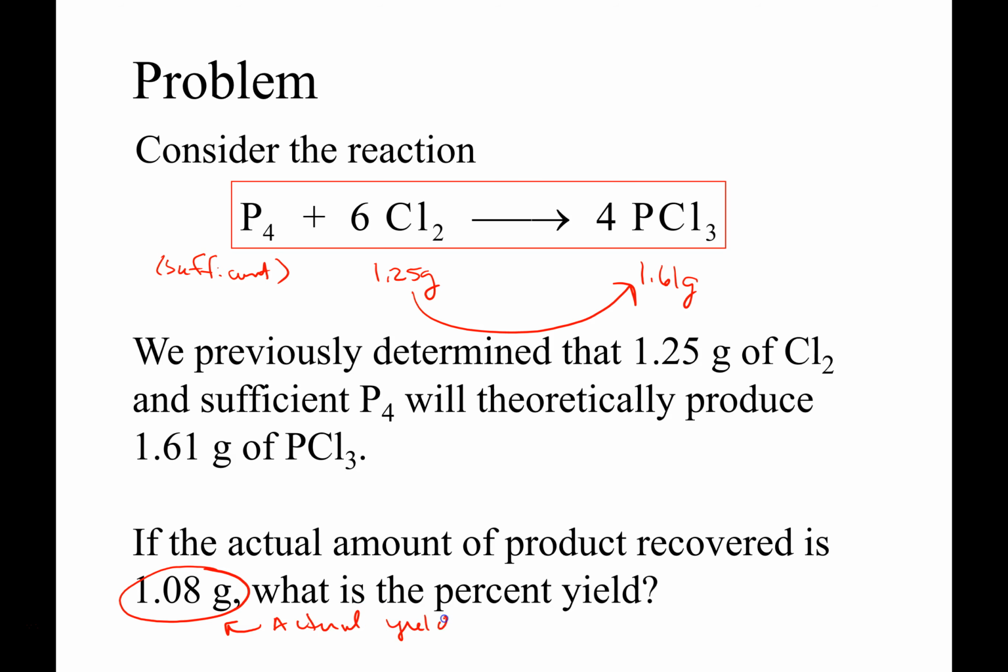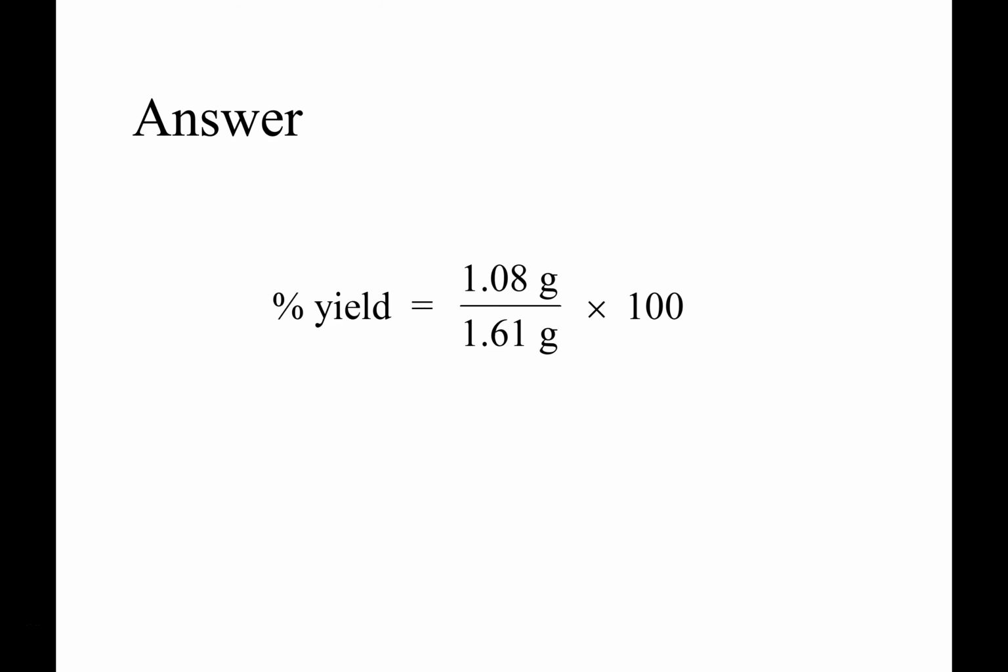So, I can't spell yield, that's okay. So then in order to calculate your percent yield, all we're going to do, and actually you guys are going to be doing some of this in tomorrow's lab, all we would do is do a ratio. So don't make it harder than it is. So percent yield is simply the actual yield, 1.08 grams, divided by the theoretical yield that we got from stoichiometric calculations back on Friday. We round it according to 3 sig figs, and you're looking at 67.1%, which